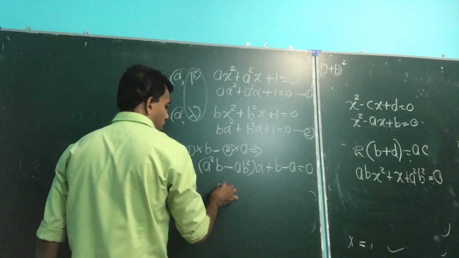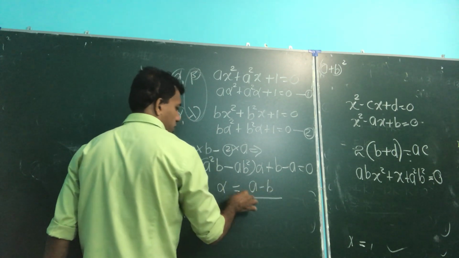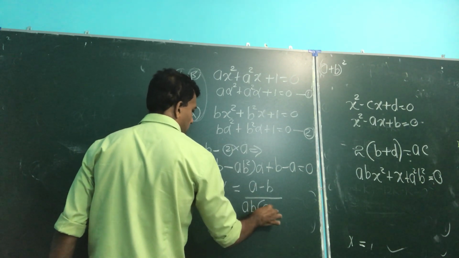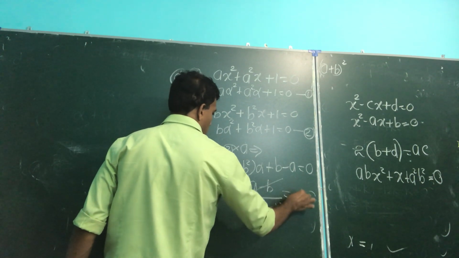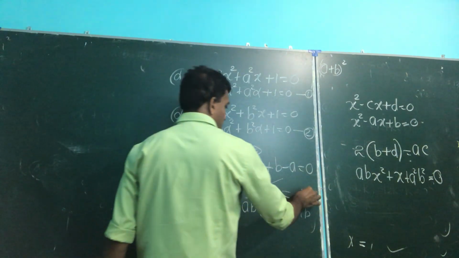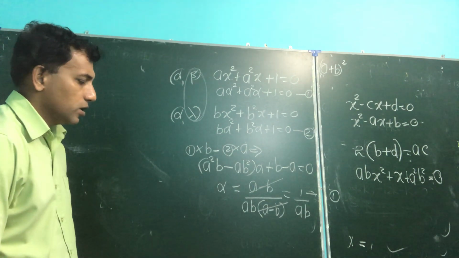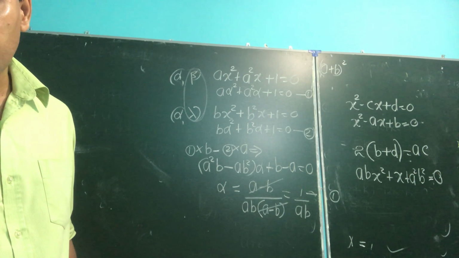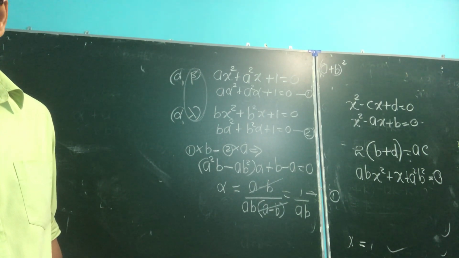plus here multiply B minus A equals 0. Therefore find alpha. What is that? A minus B over, take the AB out, then A minus B, right? So very useful answer. A minus B cancel. 1 over AB, right? 1 over AB. We say first equation, 1 over AB. If you get that common root part, we found the answer. Alpha becomes 1 over AB, right? Alpha becomes 1 over AB.